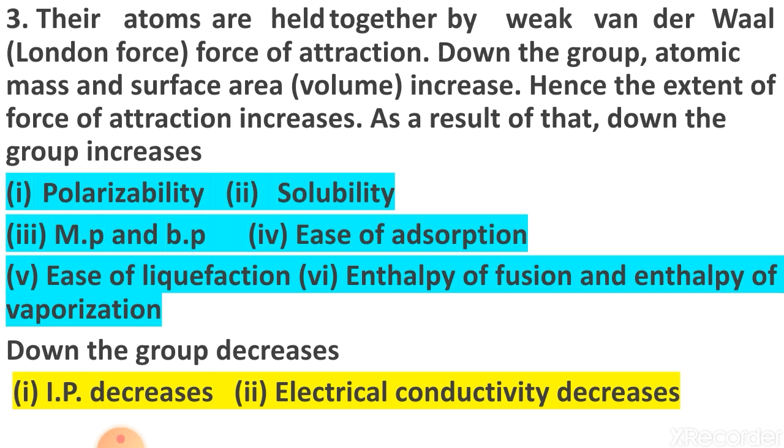Now one more thing you have to note down: the atomic radius. The atomic radius of noble gases is larger than that of halogens. This is due to increased electronic repulsion between completely filled valence electrons in noble gases. Also note that atomic radius in case of group 18 elements is considered as van der Waals radius. I also told you that van der Waals radius is much bigger than metallic radius, and metallic radius is bigger than atomic radius. This I also told you in class 11, chapter 3.